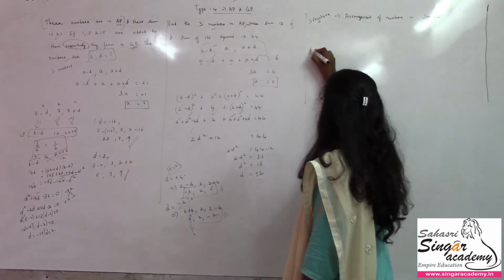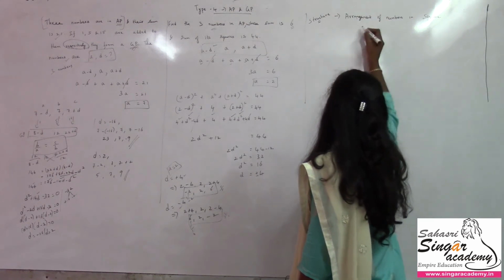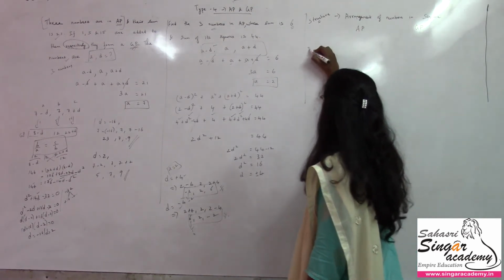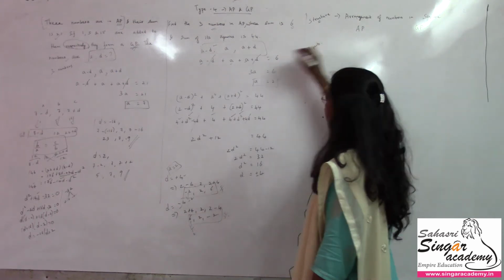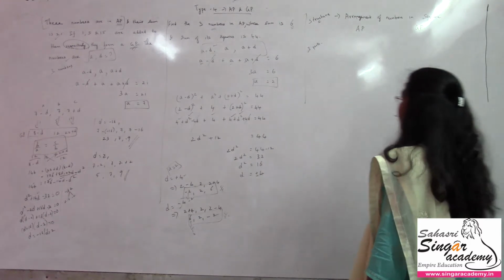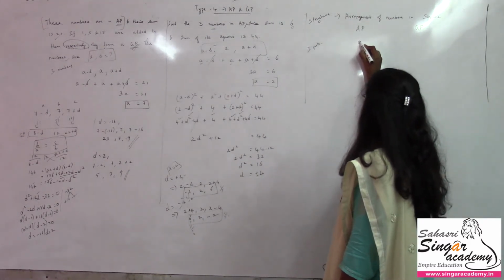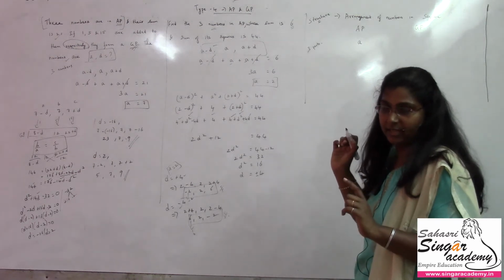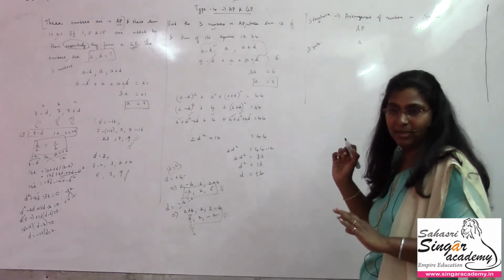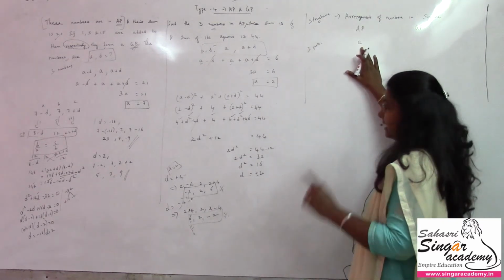Let me go for the arithmetic progression. Let me write here for arithmetic progression and for geometric progression, with respect to 3 parts, as we discussed in the earlier sessions for GP also. So let me go with 3 parts. I'll take the center value as A. Please make a note: whenever we take the center value as A, though we have learned A as the first term, it is not necessary to always take it that way. To get the logic, we are taking A as the center term.